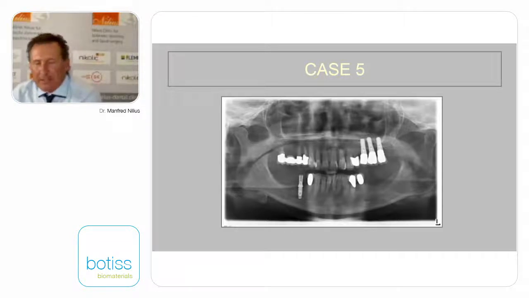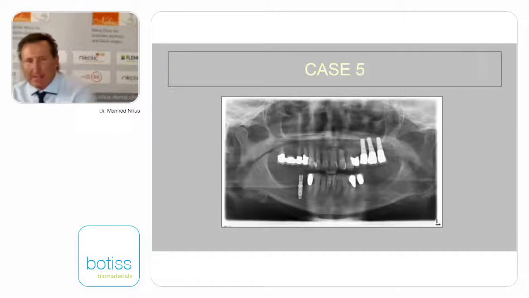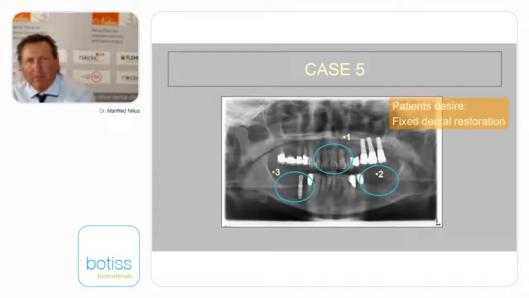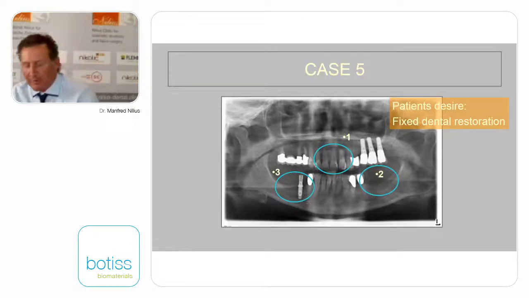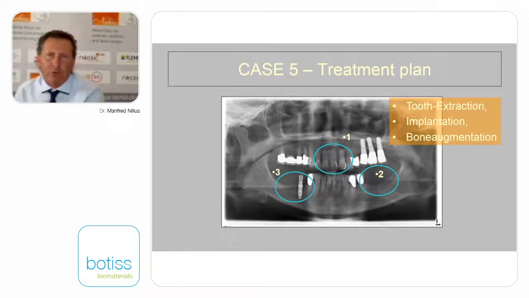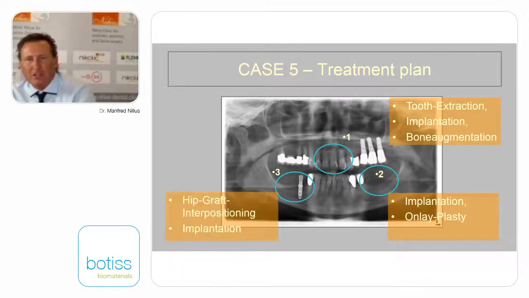This is one patient who already had some implantation, and she had 3 big problems. She wanted to have fixed dental restoration, and the frontal teeth were moving. She had bone loss in the lateral part of the lower jaw, and she had a problem on the right side. I only wanted to show you the point 1: implantation, bone augmentation, tooth extraction, and implantation